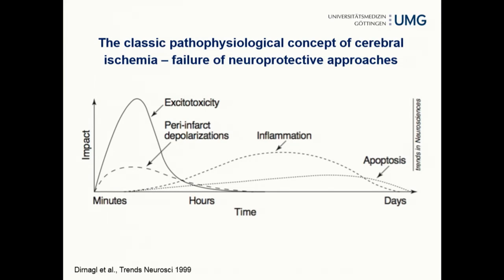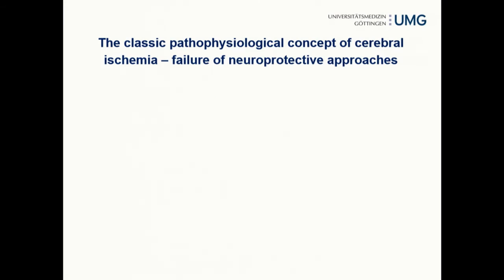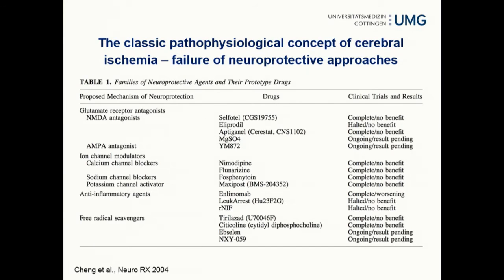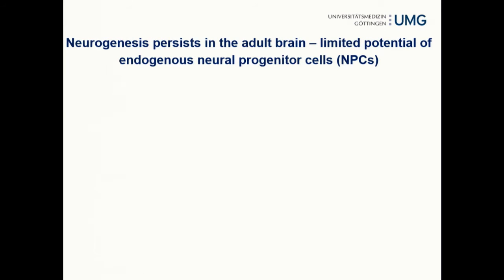So the basis of these experimental treatment paradigms is the pathophysiology of cerebral ischemia as depicted there on the slide. And indeed, there were quite a few papers, as a matter of fact, 700, 800 papers using experimental stroke models that could show neuroprotective effects with various drugs. Unfortunately, none of these experimental treatment paradigms have been successful in clinical trials. There's a number of reasons. I don't want to go into details.